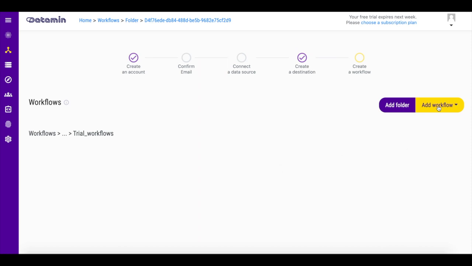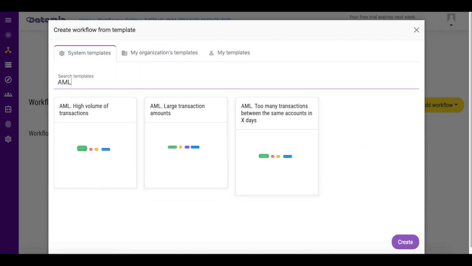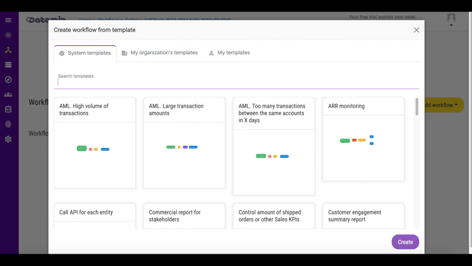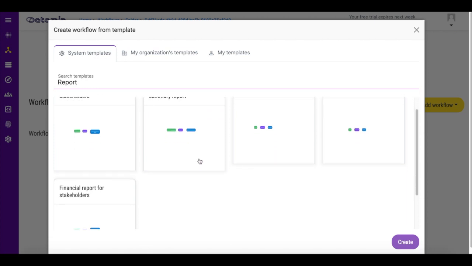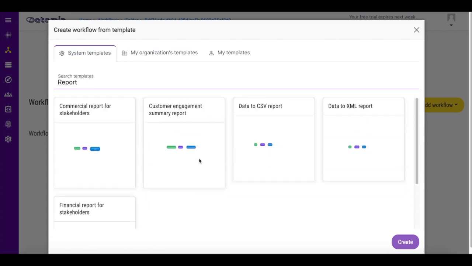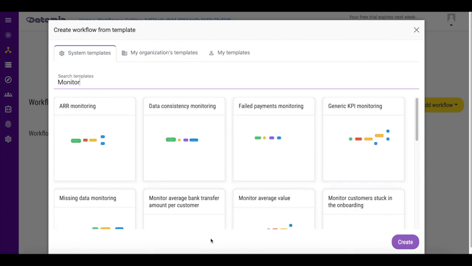I'm going to show you how to use our powerful library of workflow templates. So when you create a workflow, you don't need to create it from scratch. You can use our library where we already pre-created for you more than 30 different templates in different categories, from anti-money laundering to reporting, monitoring, payments use cases, e-commerce use cases, commercial use cases, customer success use cases, and